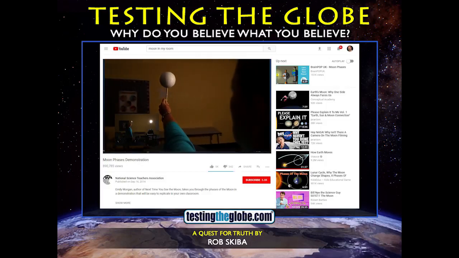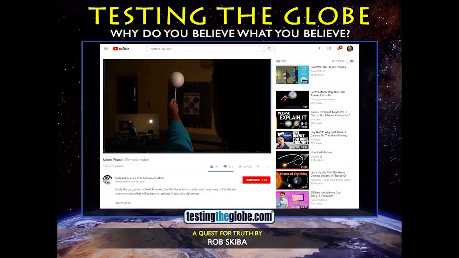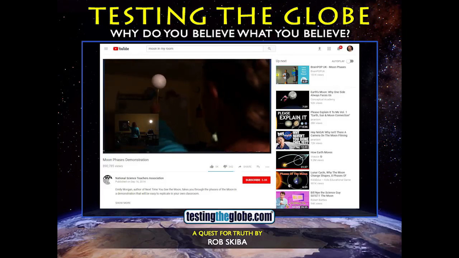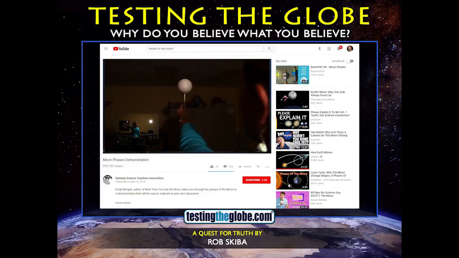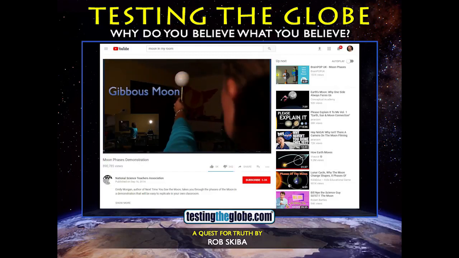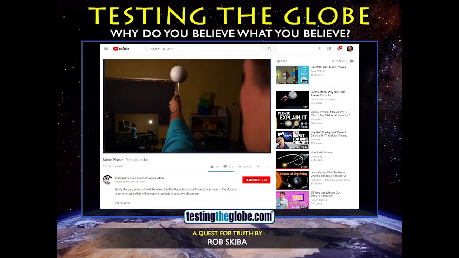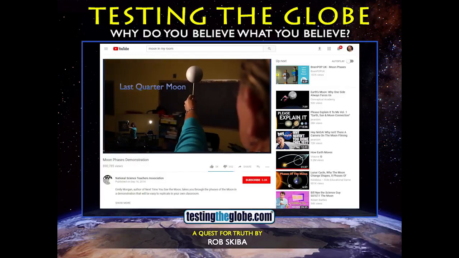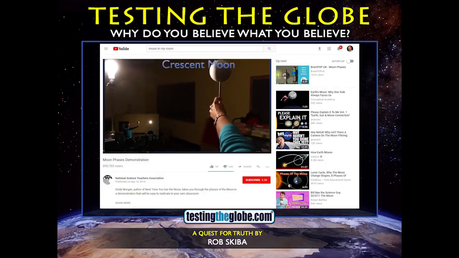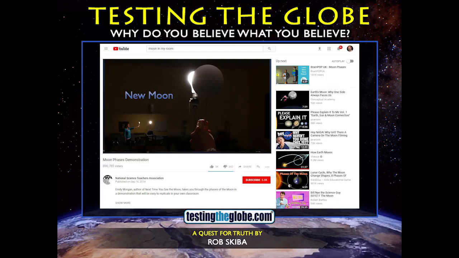As we keep orbiting, we see almost the whole lighted side. We call that a gibbous moon. Then, when we can see the entire lighted half of the moon, that's a full moon. As the moon continues in its orbit, we begin to see less and less of that lighted side. We're back to a gibbous moon, but this time the light is on the opposite side. Then another quarter moon, last quarter moon to be exact. Another crescent, and finally back to new moon. And the cycle begins again.